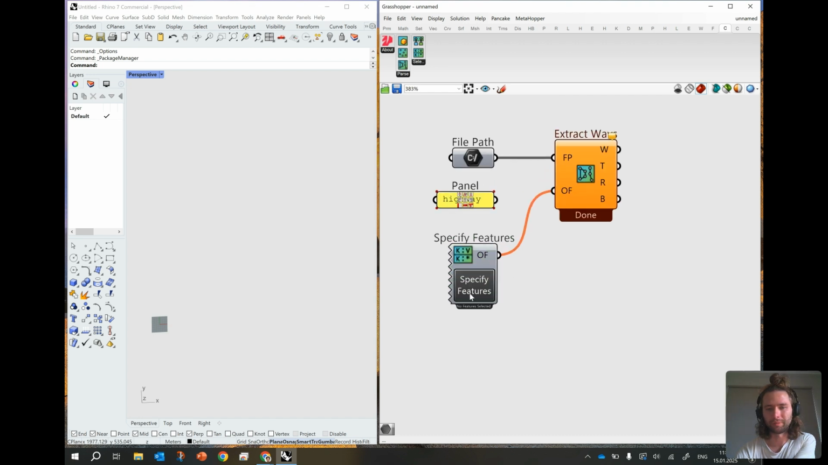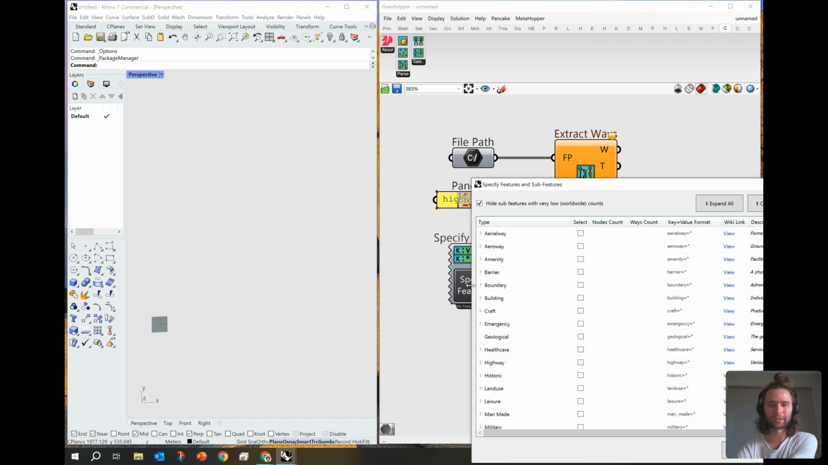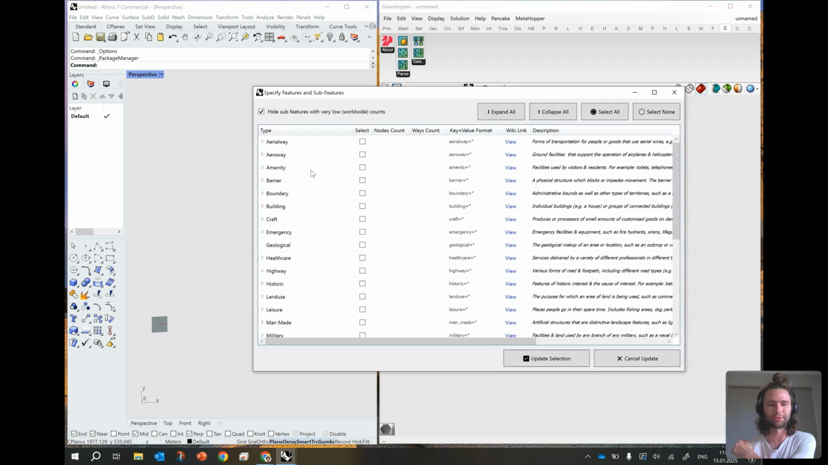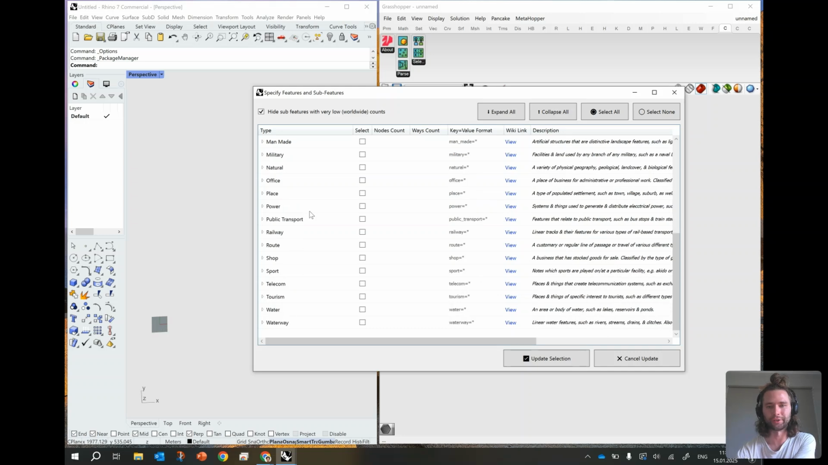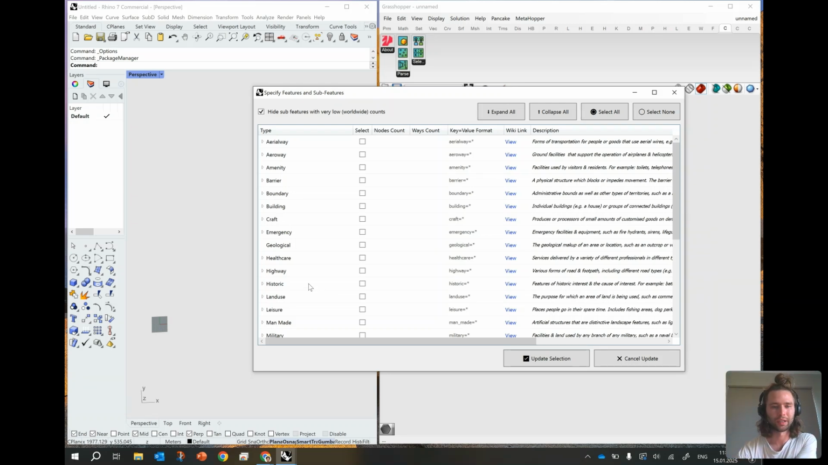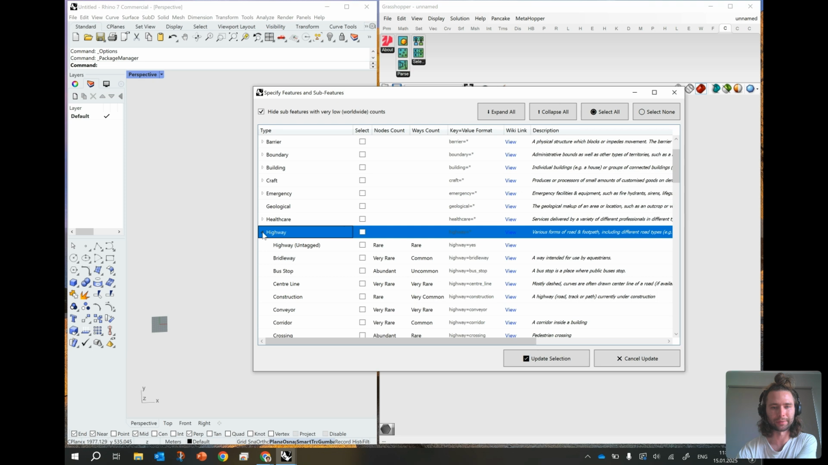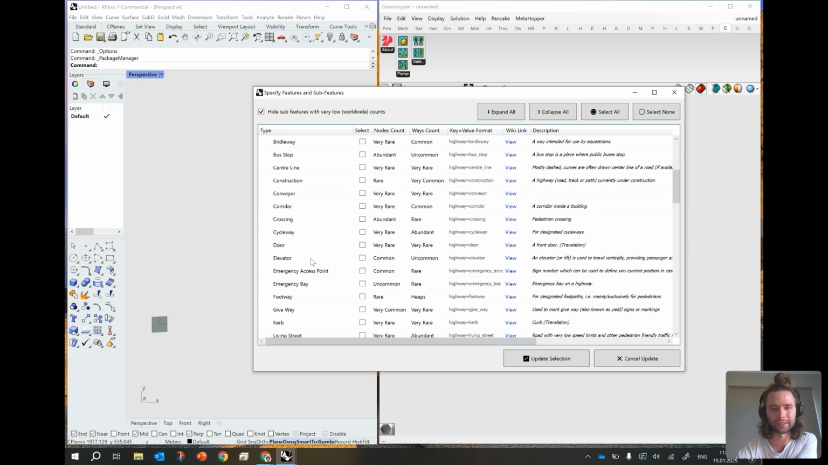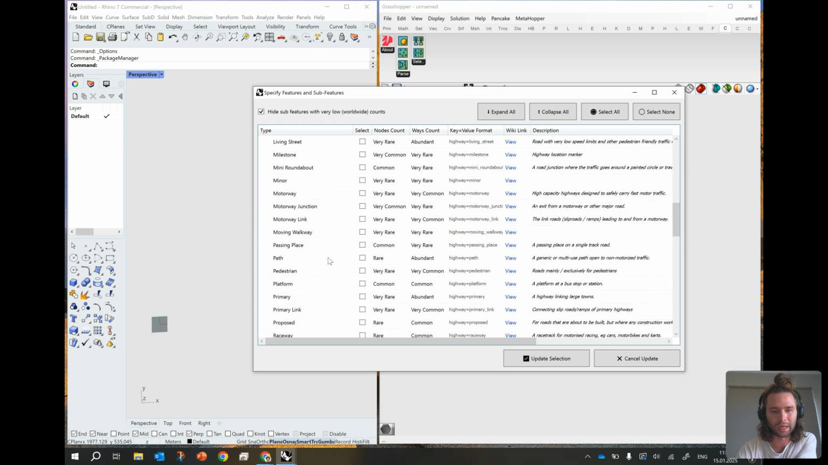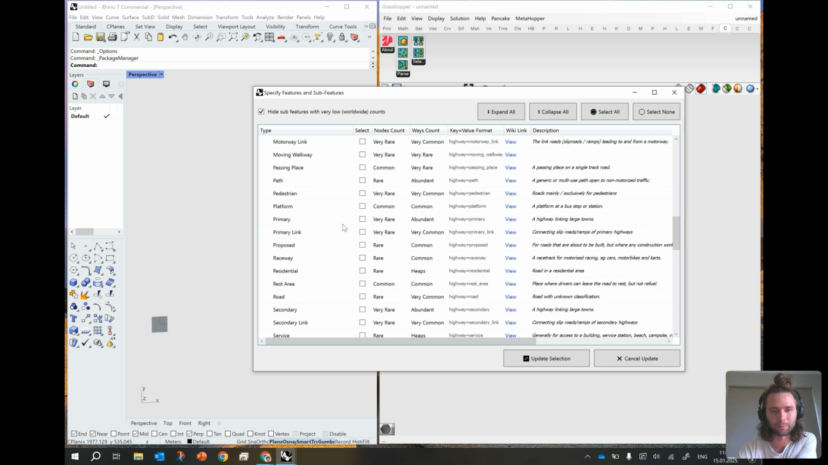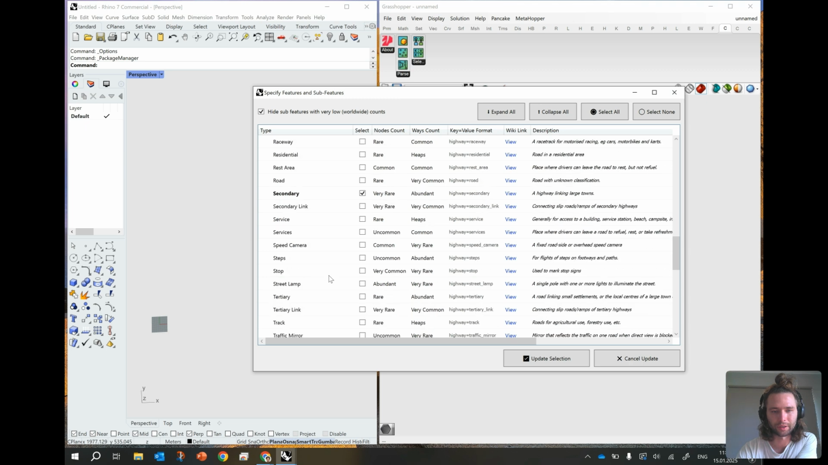Now you can see this button here, specify features, and if you double click it, you will see a really nice and neatly structured list of all feature types which you can see in OpenStreetMap. I'm interested in highways currently, so I can either select the full category, or I can expand this category and select only some of the subcategories. I'm looking for primary streets, secondary streets, tertiary streets,